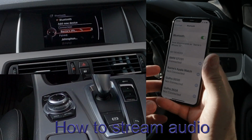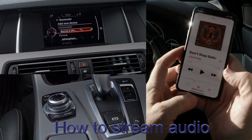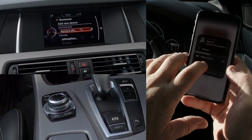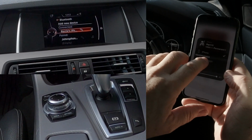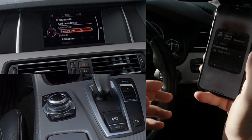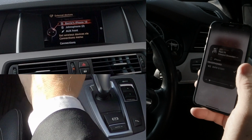Now another great thing with this system is if you go to tunes there, you'll see at the bottom the red triangle with the 3 red circles. If I click that, it's showing iPhone and BMW 57231. If for any reason it's not showing, just press it or turn it down here, and then we'll go over to media. Barry's iPhone there,